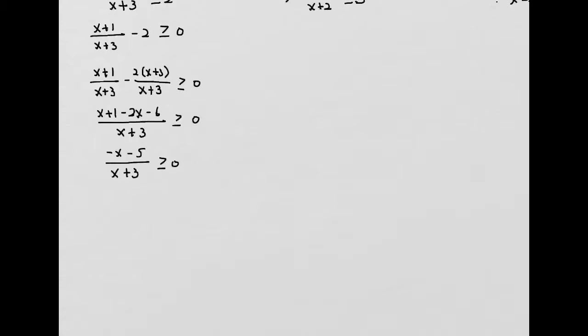So the numerator, negative x minus 5, will give you 1 boundary point, and that's going to be negative 5. And the denominator will give you another boundary point. So then we can draw the line, mark the boundary points,